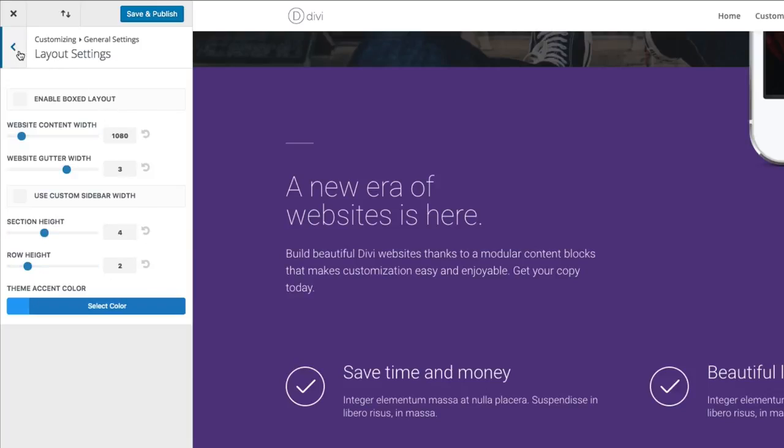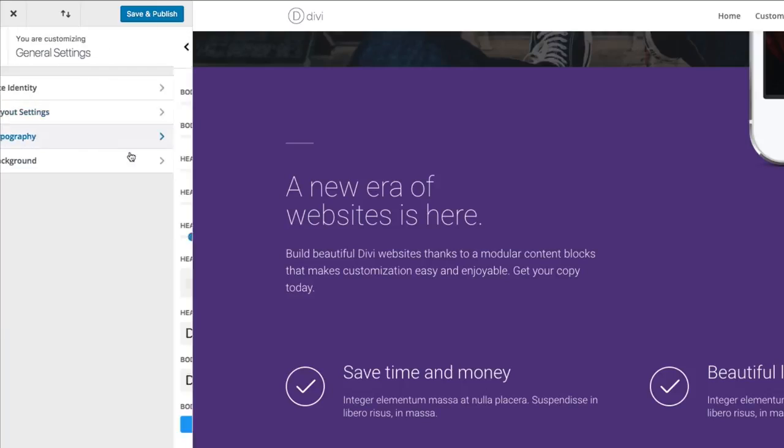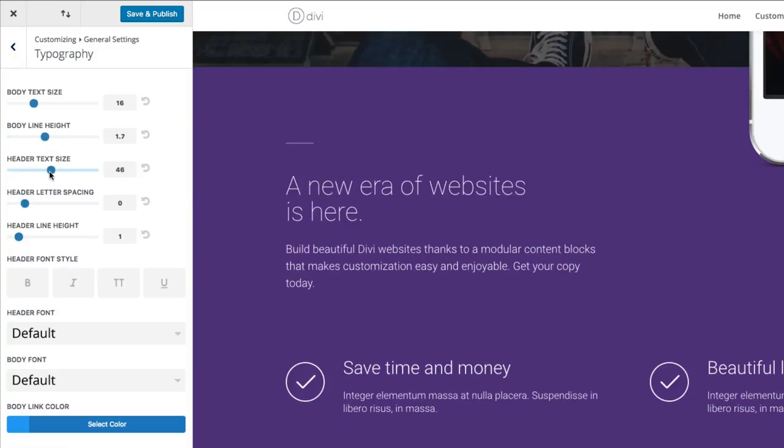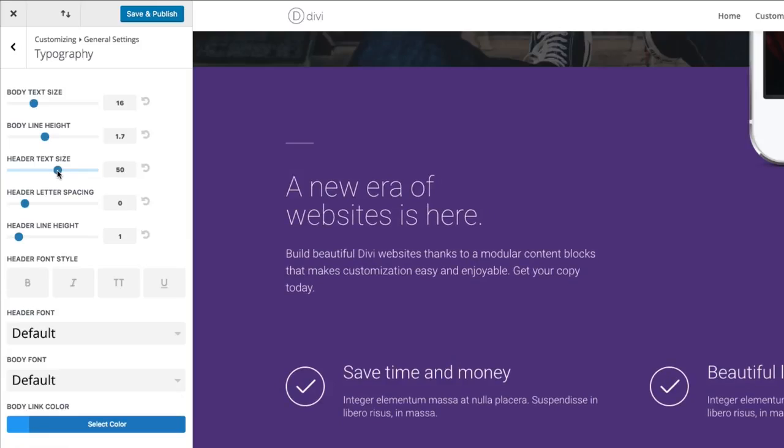Let's go back and take a look at the typography settings. You'll see all the different main typography you will be using for your site can be customized here, and the defaults can be set. For instance, body text size, body line height. You can adjust your header text sizes here, the default setting, as well as your body link color, text color,